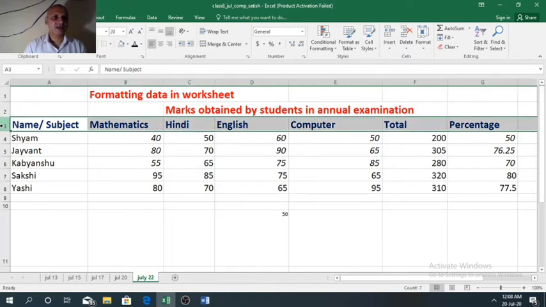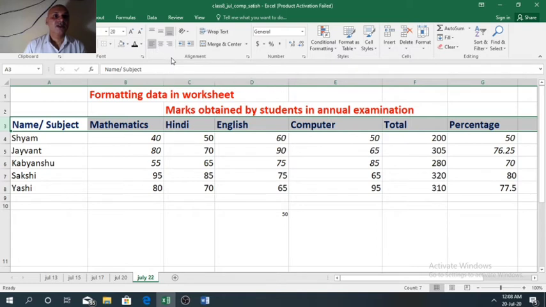Suppose I have selected the heading here where all the data is aligned to the left side. So first select the data. Now in the Home tab, inside the alignment option, there are two types of alignment. At the top we have top alignment, and at the bottom we have left, right and center alignment, that is horizontal alignment.